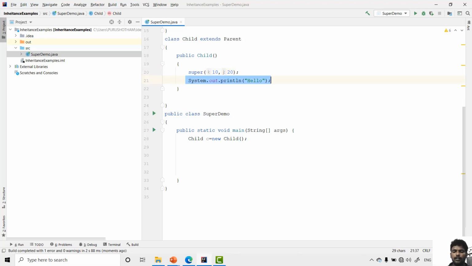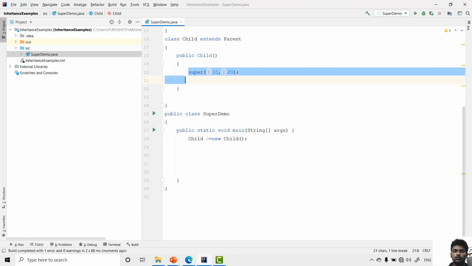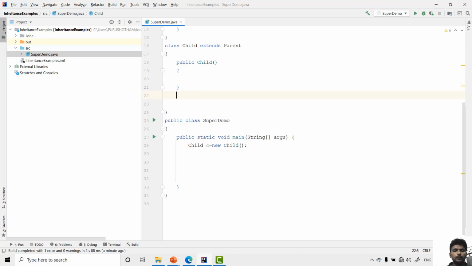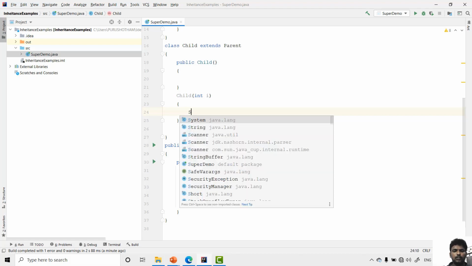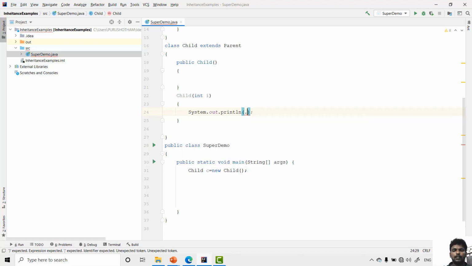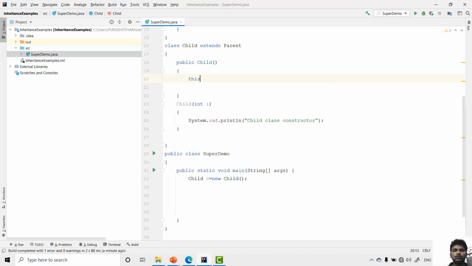So suppose I have one more constructor, that is child class, Child, and here I have some int i value, and so here I have some statement like system.out.println child class constructor.